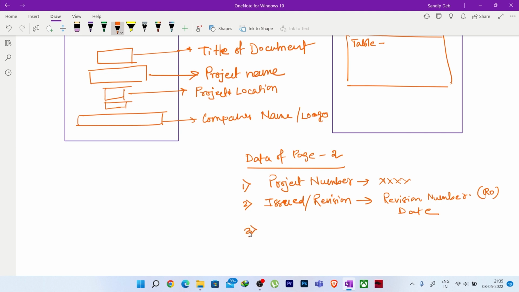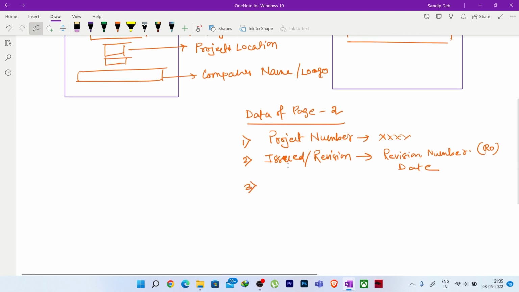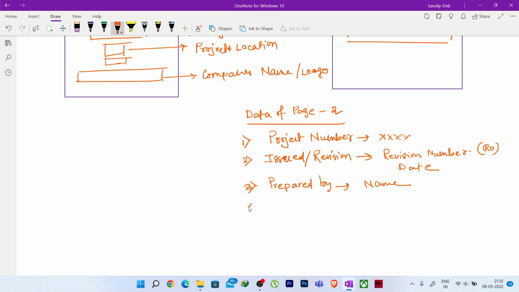Then the third thing you should put there is prepared by, the general things: who has prepared this design basis report, so you can write the name of that person or that engineer. Then you can write who has checked this DBR initially, so checked by: from your company, you or someone senior who has checked the DBR after creation. So again there will be a name, then authorized by,